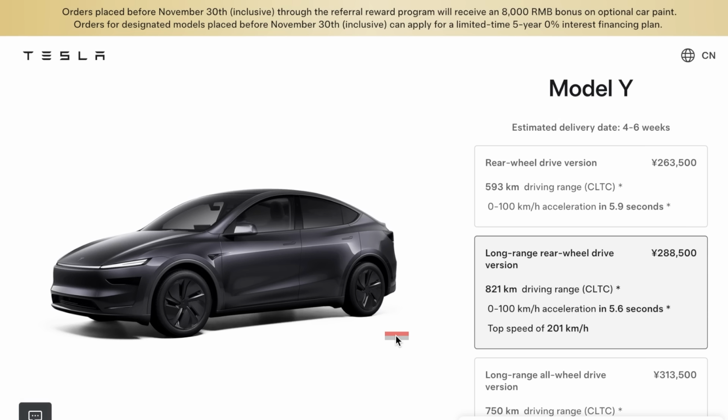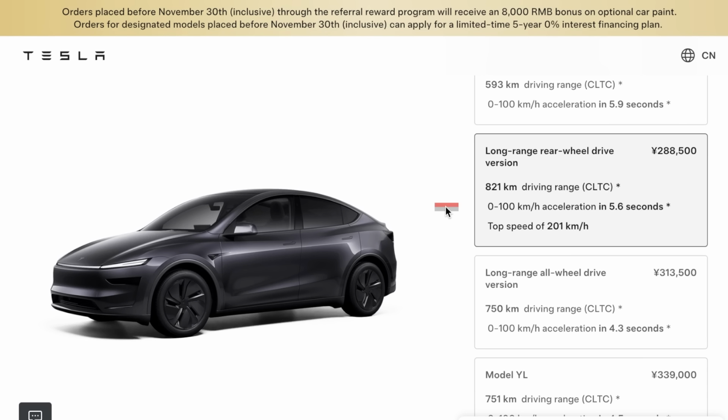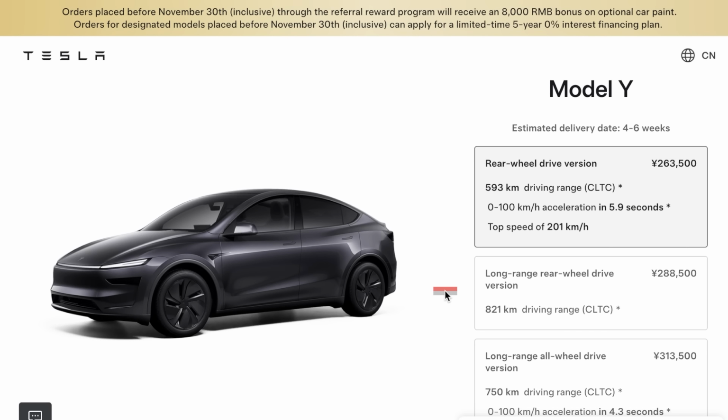Tesla is now officially offering the long-range rear-wheel drive Model Y in China, the longest range in the lineup. Now, this vehicle is going to have an extra 70 kilometers of range compared to the second highest trim, which is the Model YL. Now, yes, of course, this is the CLTC cycle, but just keeping that in mind, 70 kilometers is about 43.5 miles. So at least for the Chinese customers that go by this CLTC cycle, this is a big upgrade. And the price is just over $40,000.